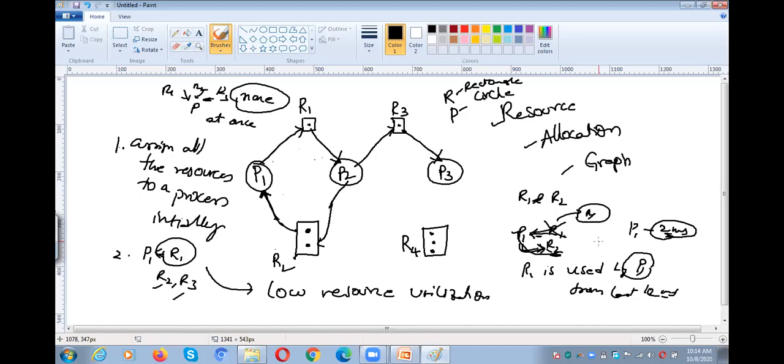So this is not a good idea. Why? Because the process has been using the resource for so much time, and at the last it requires a resource for only 2 milliseconds. But for that reason, the process has to release the earlier resource R1, and only then are we allowing the process to use the next resource, even for 2 milliseconds of time. So this is not a good idea.